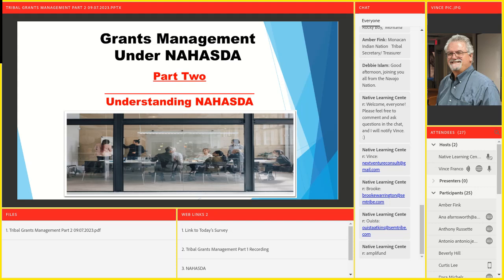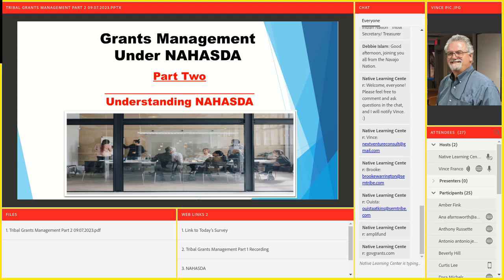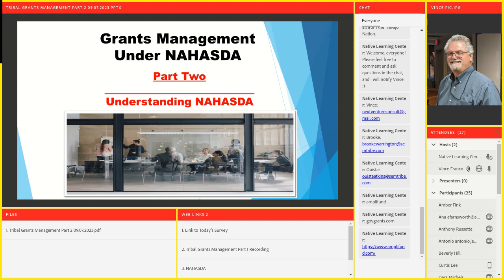an organization. The other one is Gov Grants, GOV capital GRANTS. Gov Grants is another one. And then the third one is Flux, FLUXX. Again, I don't have personal experience working with any of these three, but you can check them out. Maybe someone in the audience knows. If you don't mind putting that information in the chat box, I appreciate it. Grant management software is what the question was. Okay.